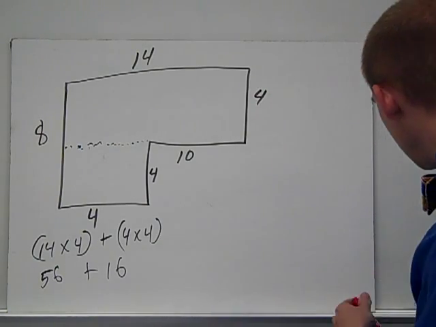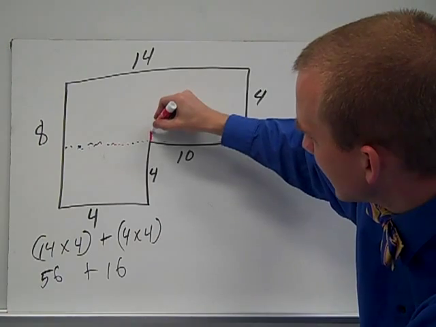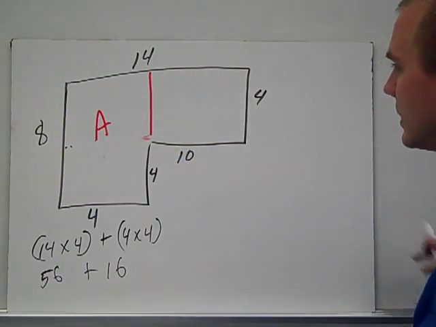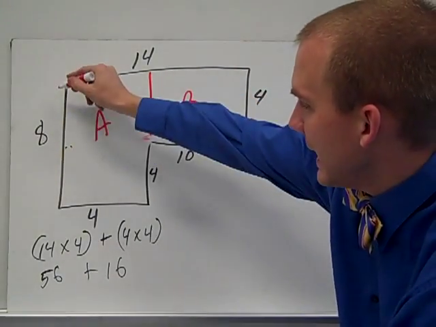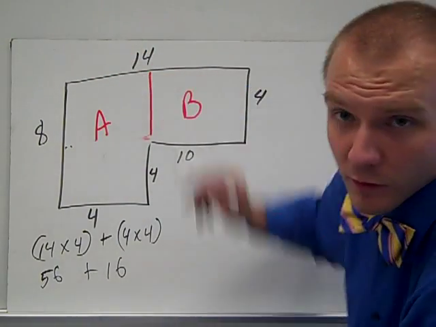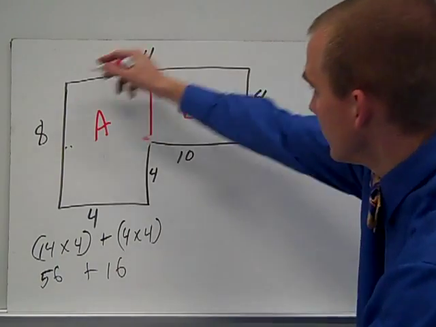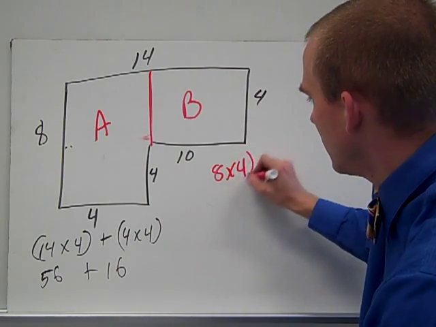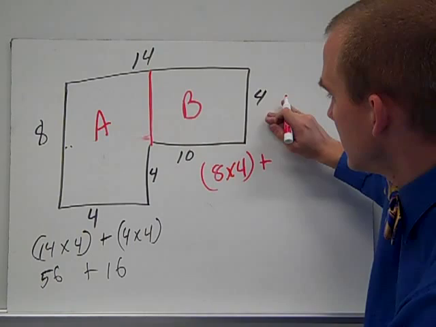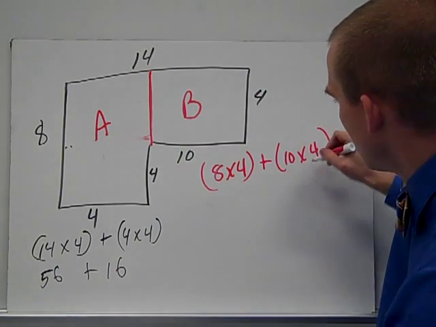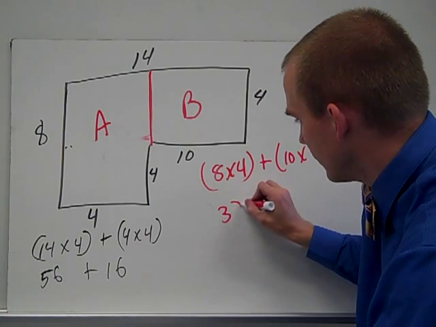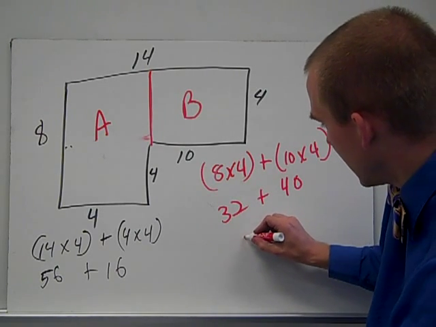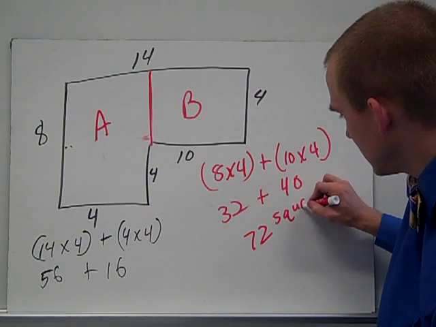Your better choice is actually to decompose your rectangle like this. Now I have rectangle A. Let's erase this so we're not confused. And rectangle B. Rectangle A would be 8 times 4. The 14 is the overlapping side. You want that longer side usually to be the overlap, and cut it. 8 times 4 plus 10 times 4. Okay, 8 times 4, I know that's 32. 10 times 4, I know that's 40. 32 plus 40 ends up being 72 square units,